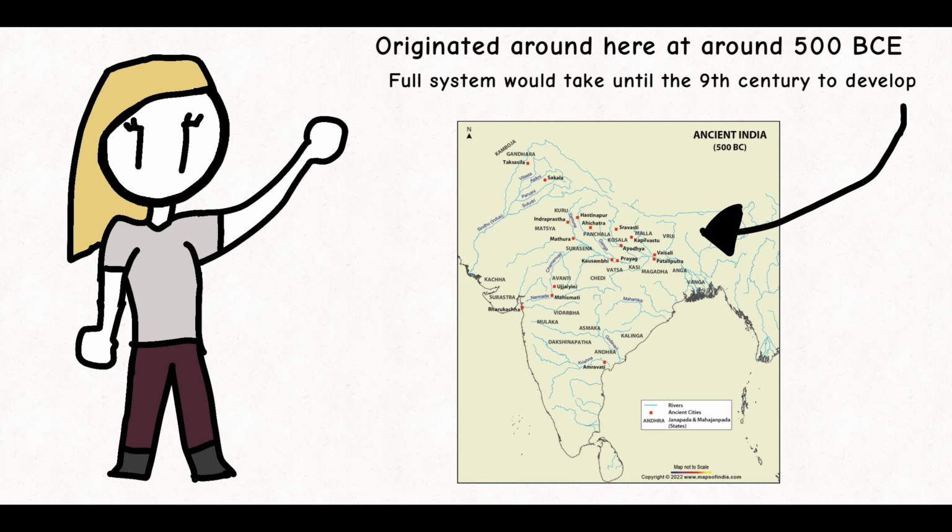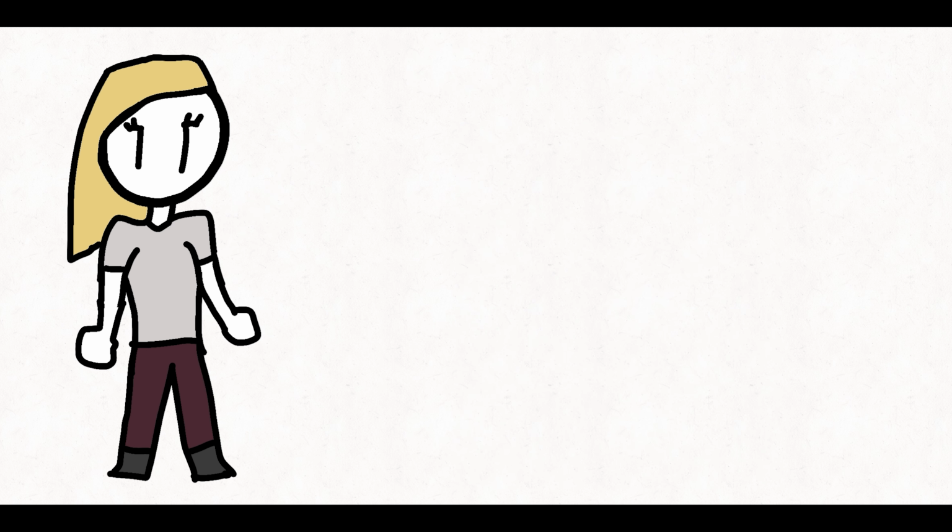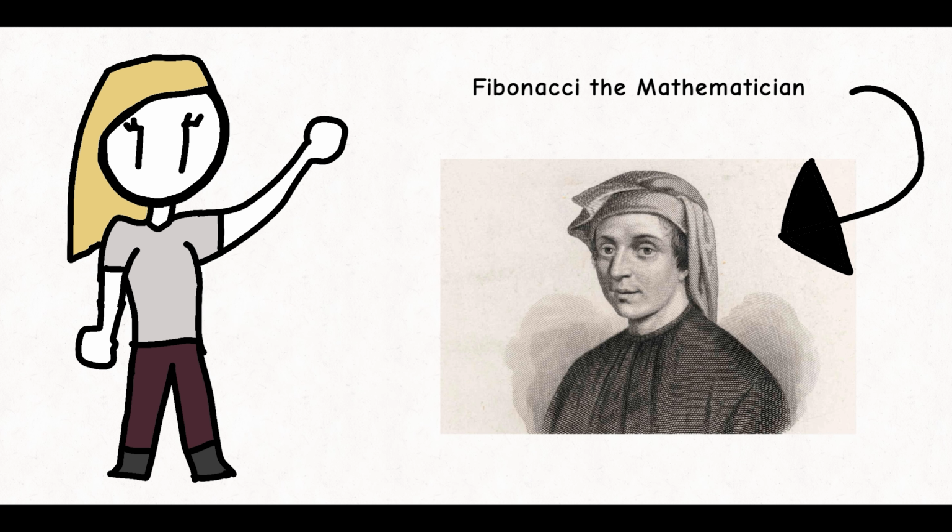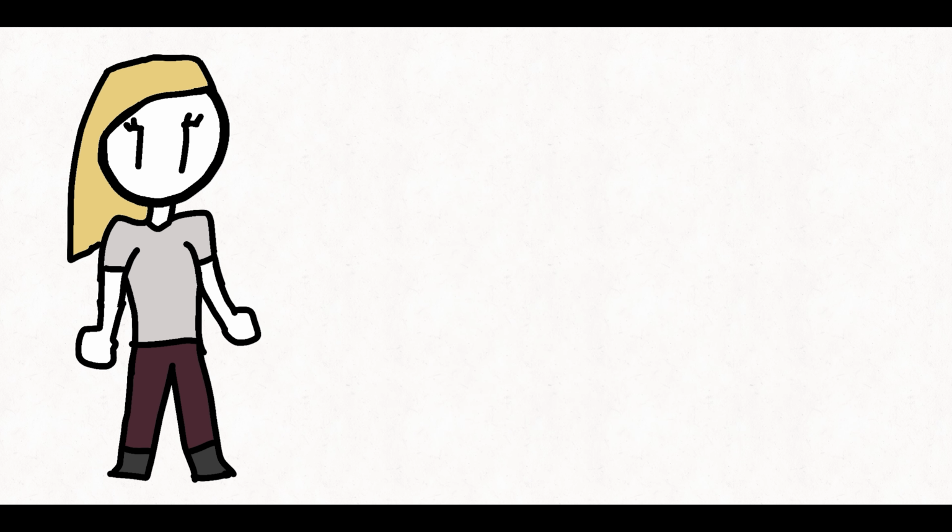The full system wouldn't originate until the 9th century. In Europe, Italy was the first to use the system on a relatively large scale due to an Italian mathematician by the name of Fibonacci. Wait, the sequence guy? Yeah, the sequence guy. Another one is positional notation, and it does use the numerals of the Hindu-Arabic system, but